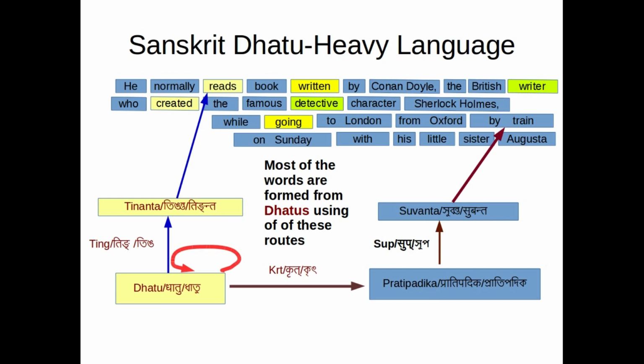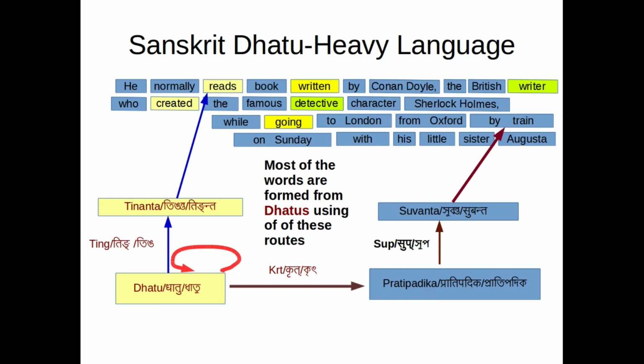So this is the crux of Sanskrit grammar. The words are formed from either dhatu or pratipadika in one of these roots,